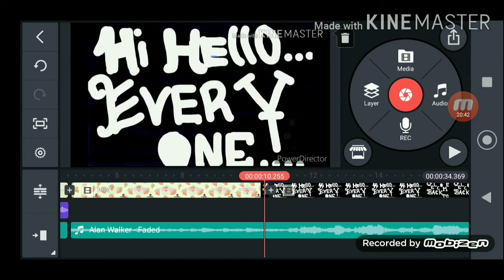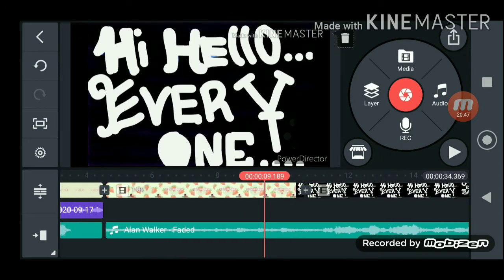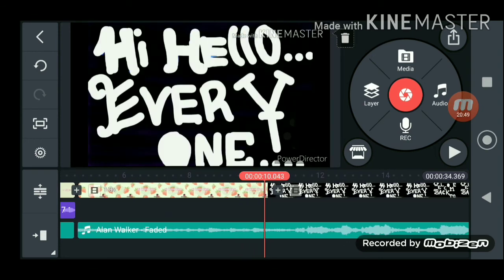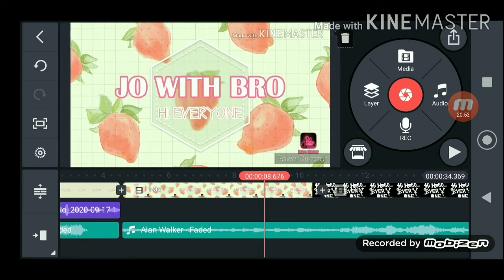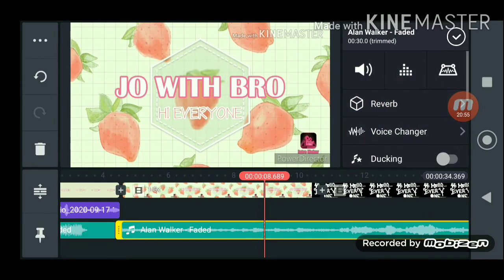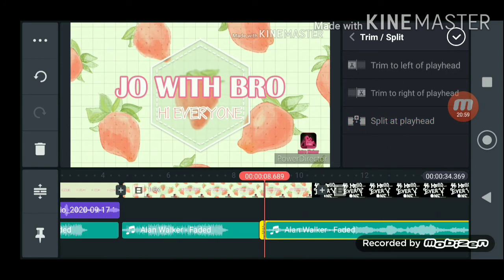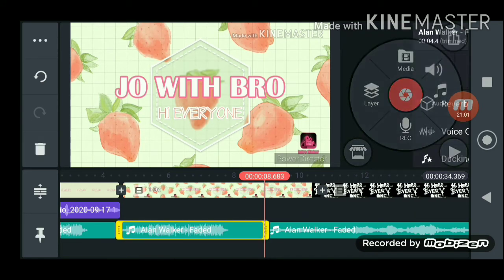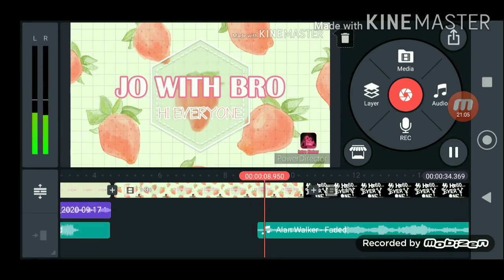And I again split it here because I don't want it for this clip. So I go here and see where it is. It's still here, so I'll cut it again. I'll just split it, cut or trim, the way you say. Now I can just remove this. Then it continues.